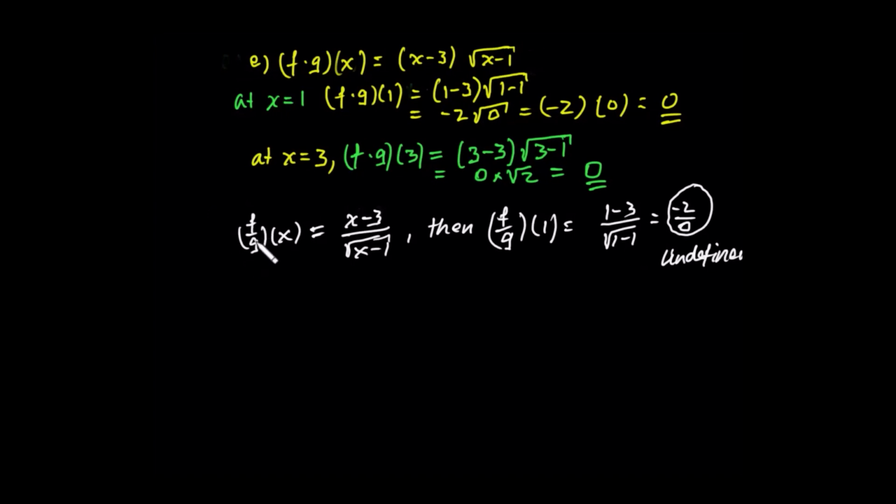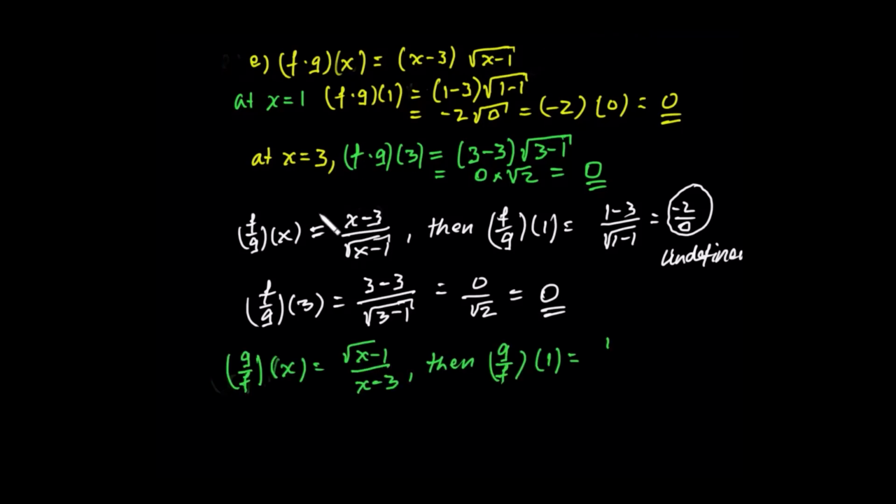እንግዲህ ተመልከቱ አንድ ዶሜን ኦፍ f over g ውስጥ የለችም ማለት ነው ዶሜን ኦፍ f over g ስትወስዱት አንድን ኤክስክሉድ ያደርጋል ስለዚህ ለዚህ ነው undefined የመጣው በተመሳሳይ f over g of 3 minus 3 over square root of 3 minus 1 ይመጣል። ስለዚህ 0 over square root of 2 ይመጣል። ይሄ ደግሞ ቫልዩ ስንት መጣ? 0 መጣ። ስለዚህ at 3 f over g becomes 0. f over g has value 0 at x equal to 3 የሚለውን እናያለን ማለት ነው።